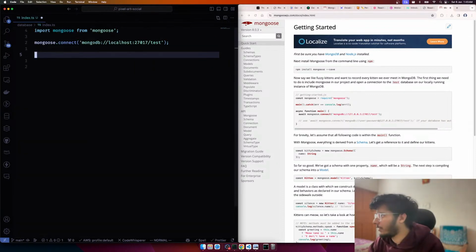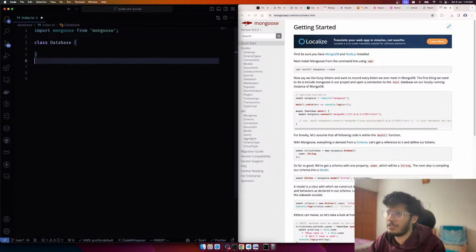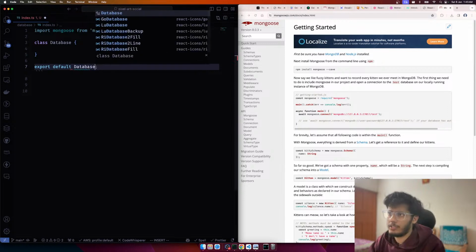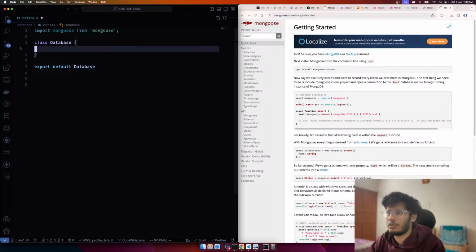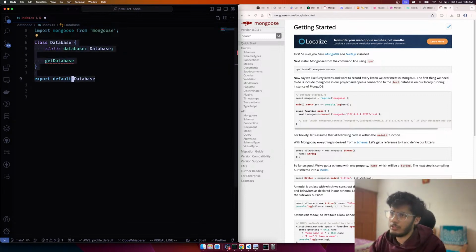And we have connect, and then how do you... okay, so this is kind of like const get database, no, class database, and then let's try to export default database, and let's try to create a singleton instance. So static, or like abstract class, now static database. I don't know, is that consistent or not? So get database. I don't think we need that. I don't need any of these things. So I just want